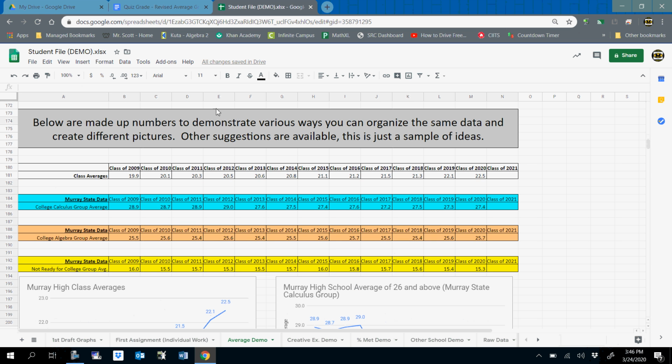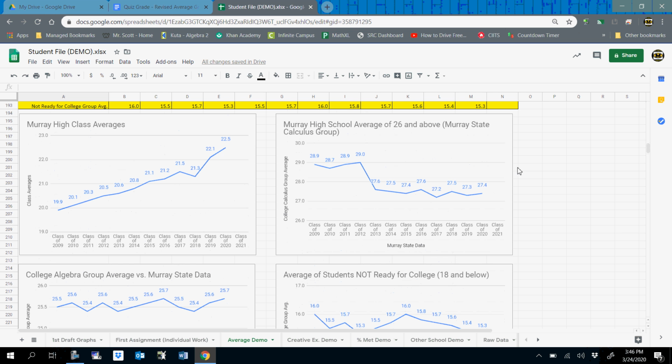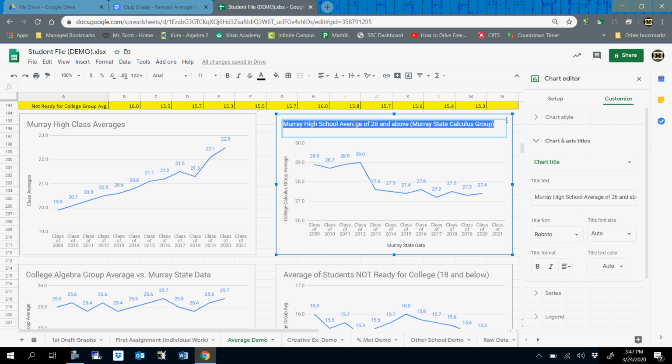Below again are made up numbers. So these graphs that I'm showing you are made up numbers. These are not the averages for the calculus group or college algebra. They're made up numbers. But you've been submitting graphs that look more like this, that are just kind of basic in nature. Now, some of these would have some points taken off, like this one right here. If you didn't have Murray High School right here,